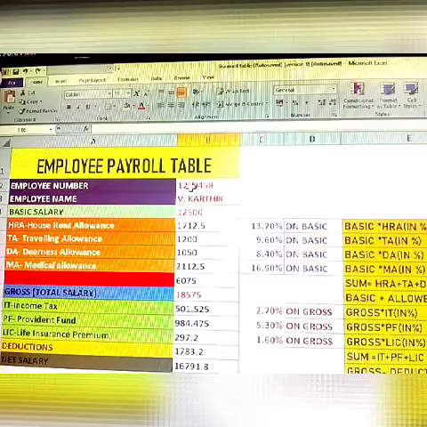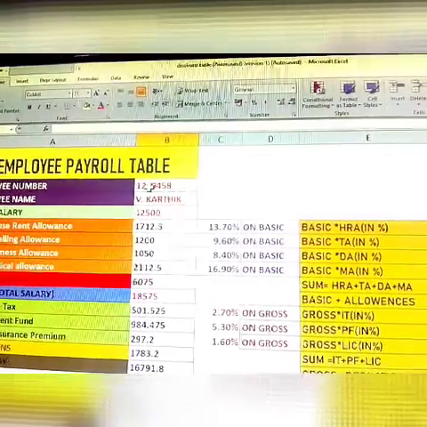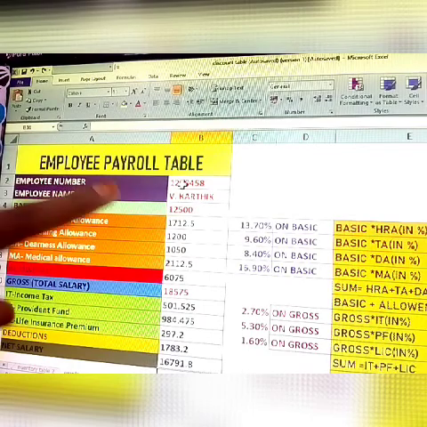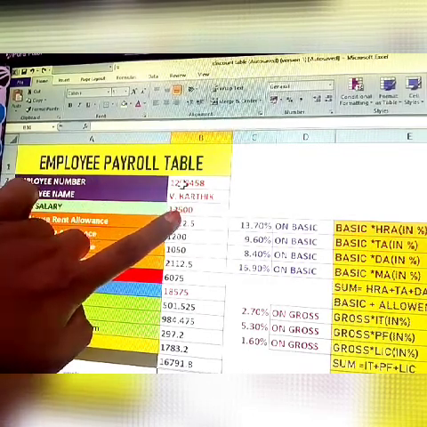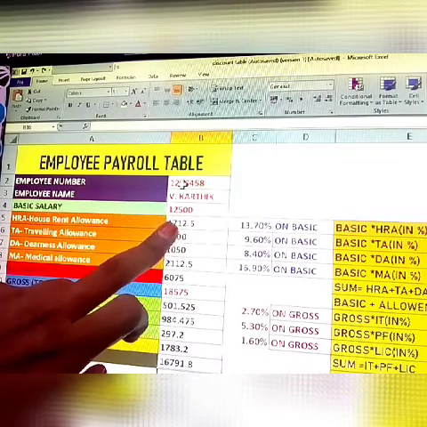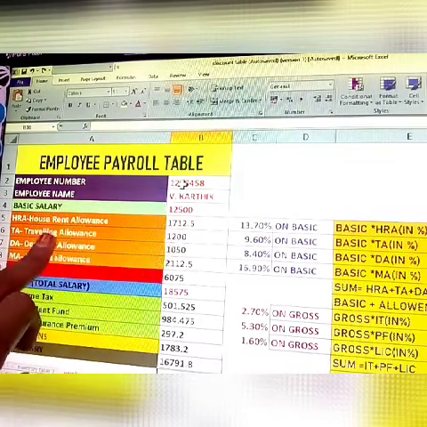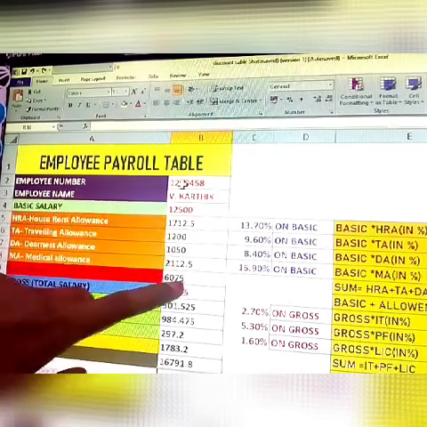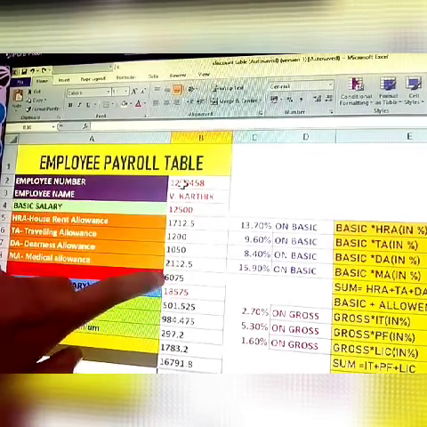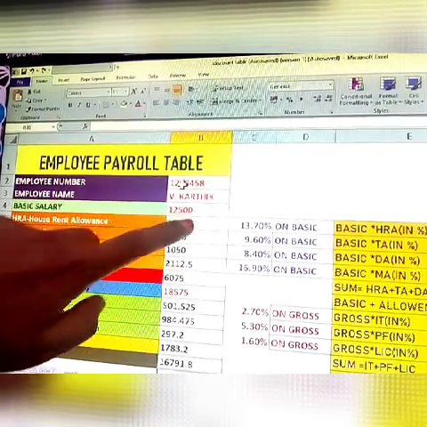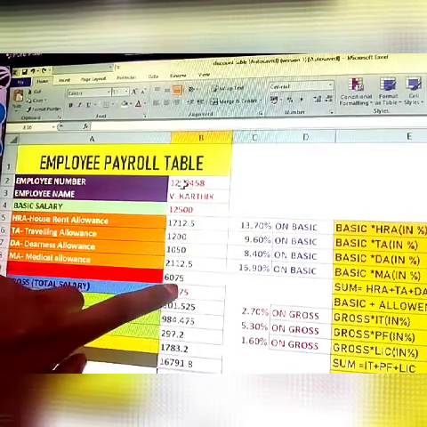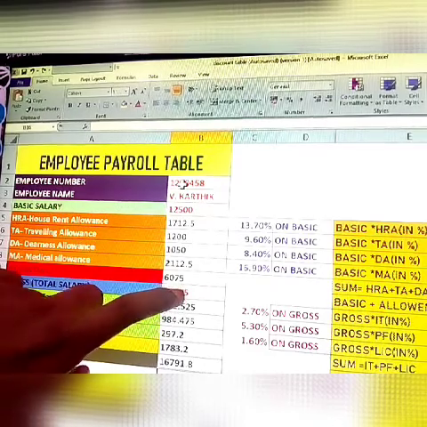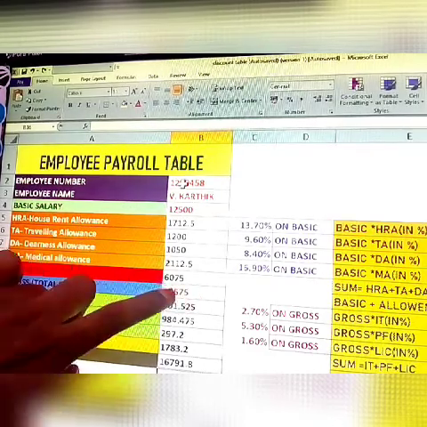Okay, once you see anyone, any employee takes the base salary, it is added to the HRA, house rent allowance, travel allowance, and medical allowance. These are all added after. How much do the allowances include? 12,500 plus 6,075. After that, how much is the gross salary? 18,575.